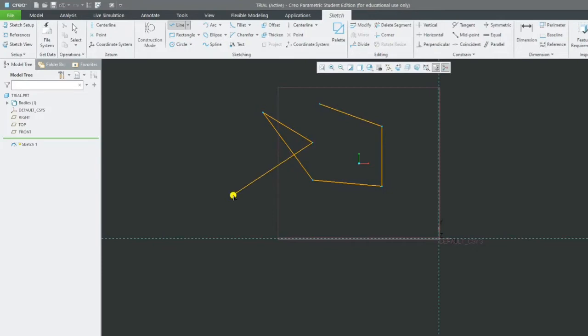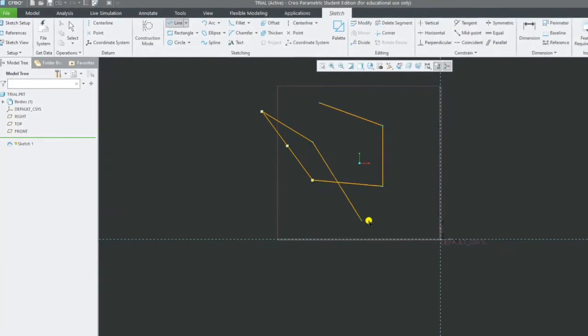Now, the easiest part of this drawing is that whenever you move the cursor, you see a T, which means tangent to that line. Tangent to which line? This line, perpendicular. It clearly shows the perpendicular to the green line. If you come nearer to this one, it will say joining the end point.